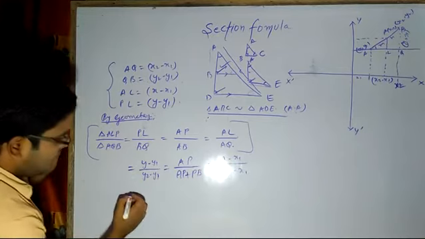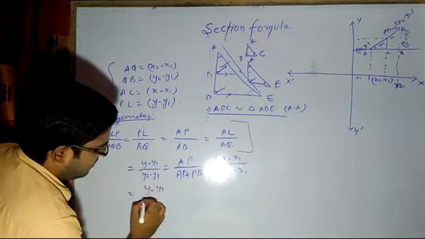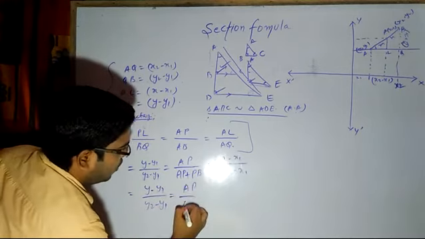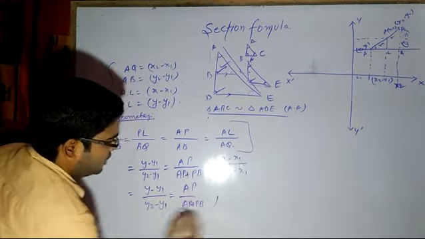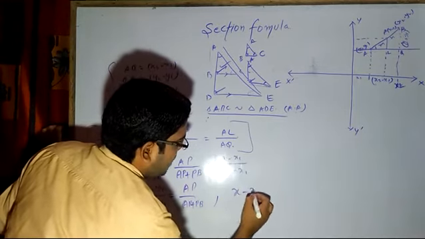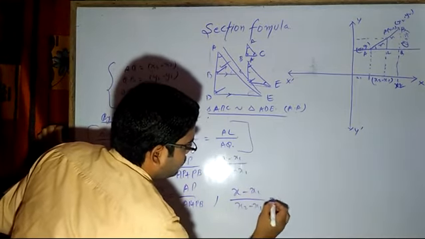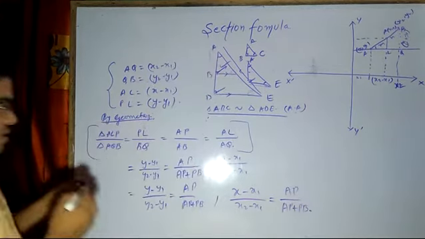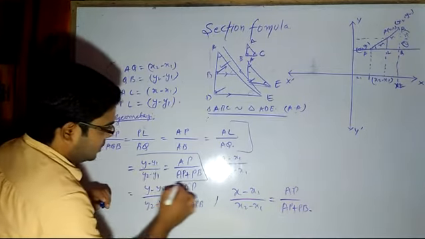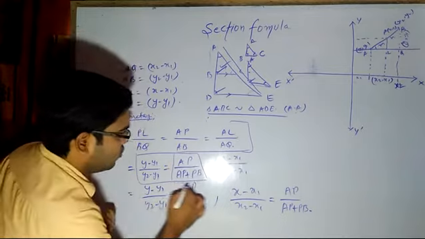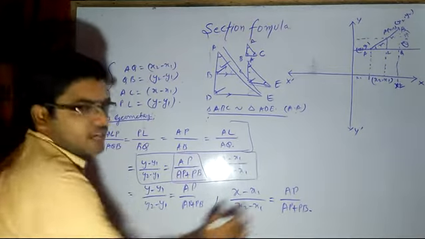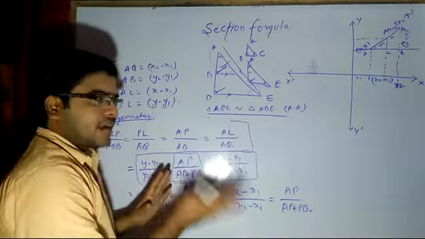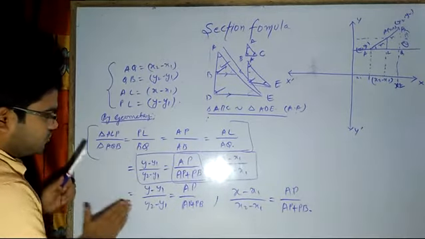Now from here, can I write y minus y1 upon y2 minus y1 is equal to, one thing I can write is AP upon AP plus PB. One is here. Second, I can separate it as x minus x1 upon x2 minus x1 is equal to AP upon AP plus PB, because these two are equal to each other. So I can separate. These two are also equal to each other. I can also separate. So I have separated, like in case of quadratic equations, we were having two solutions, right? In that same way, not exactly same way, I have just tried to separate these two things.